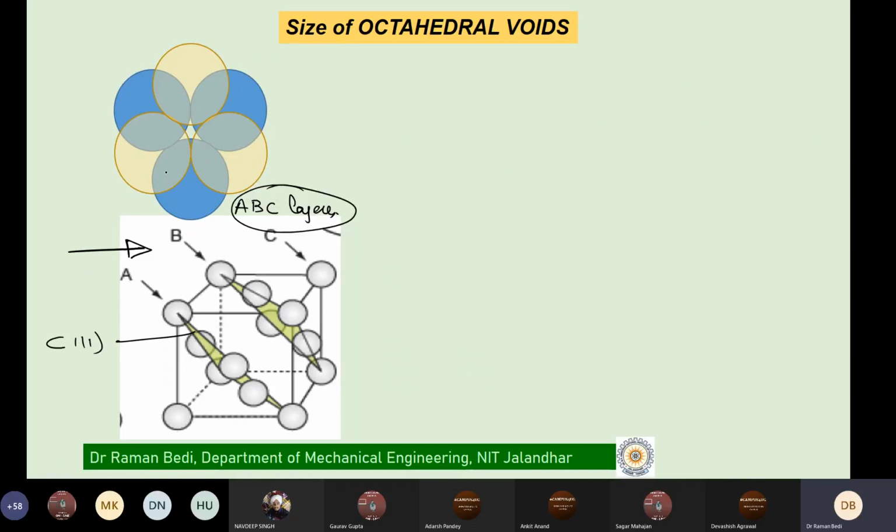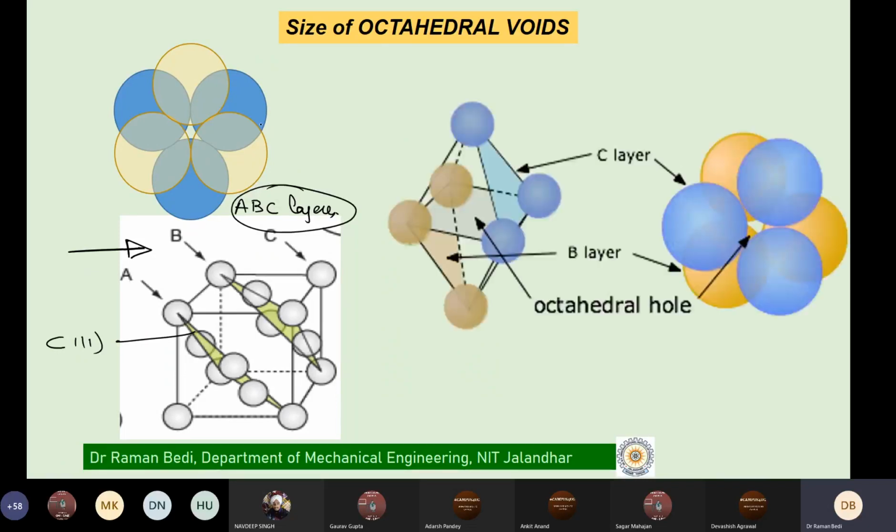And let us compare it with what we saw in my previous slide, where are these voids located? One place we already said is that these voids are located at the center of the unit cell here, but how are they formed? This is how they are formed here. So we understand now that you have these three atoms belonging to the C layer, and you have these three atoms, the brown ones, which are available to us in the B layer. And this is what creates the octahedral voids here.